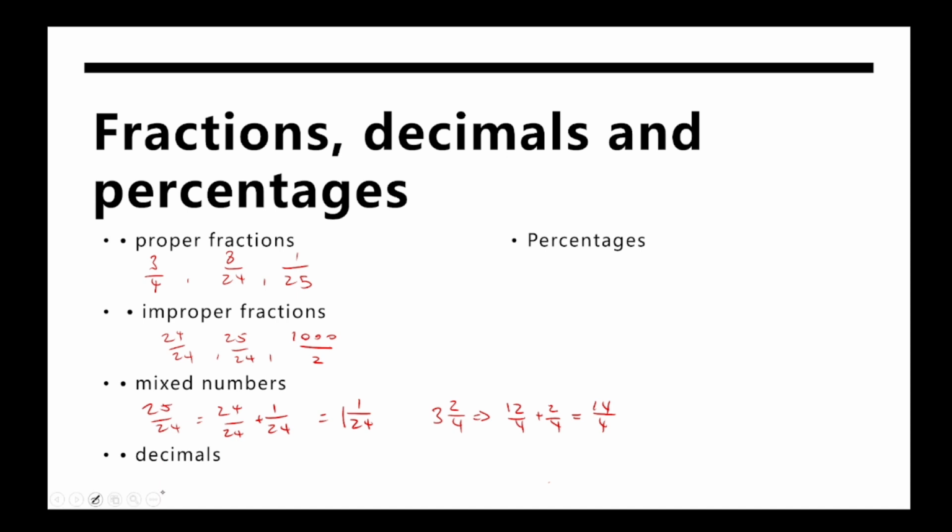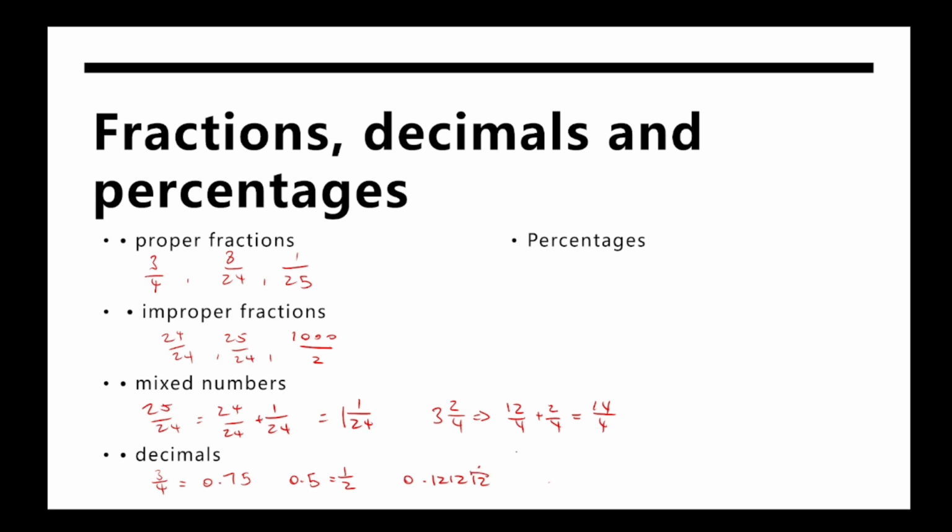And moving on to decimals. We can turn decimals into fractions and fractions into decimals. For example, 3 over 4 would be 0.75, and 0.5 would be 1 over 2. And if we have recurring decimals like 0.121212,